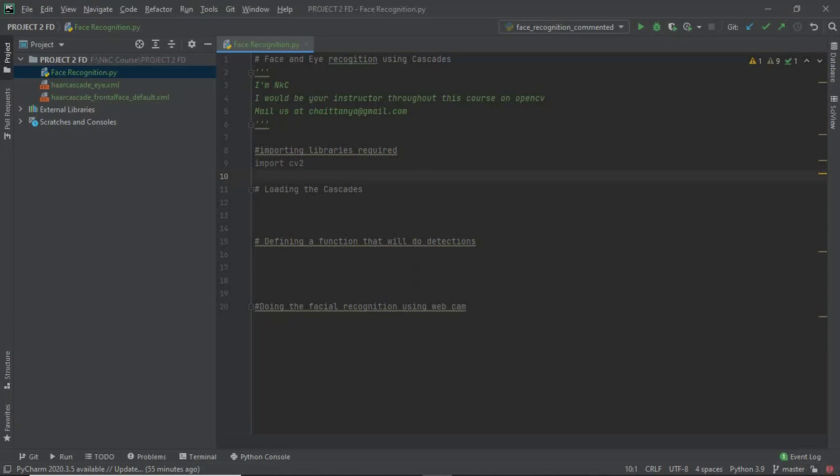So this is the right folder. Then we have the cascade for the eyes, the cascade that we will be using to detect eyes, that is my eyes. You can use the code to detect eyes too, and I will show you how. And the cascade to detect faces was this, which is what we will use in OpenCV to do these face detections. And now we are going to start.